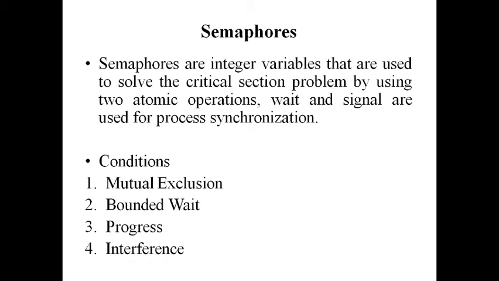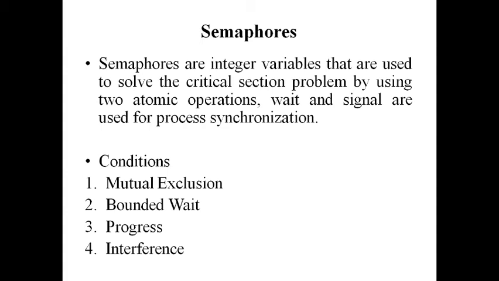After entering the critical section and using the shared variable, process P1 came out of the critical region by performing the signal atomic operation. So no other processes staying outside will wait forever. They can enter the critical section as P1 came out of the critical region. And next one, progress. The processes staying outside which want to enter the critical section will compete to enter the critical region. Not the remaining processes. That condition is also satisfied.